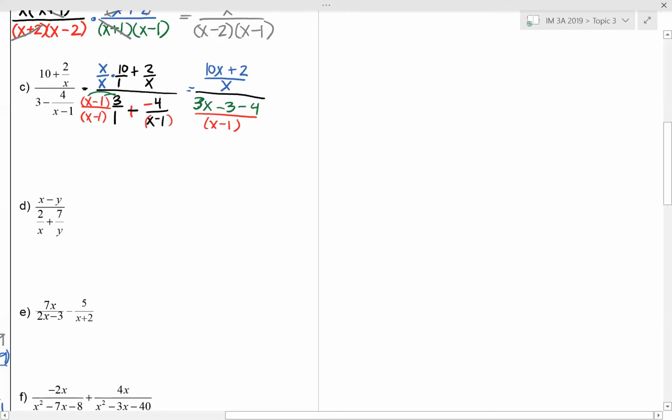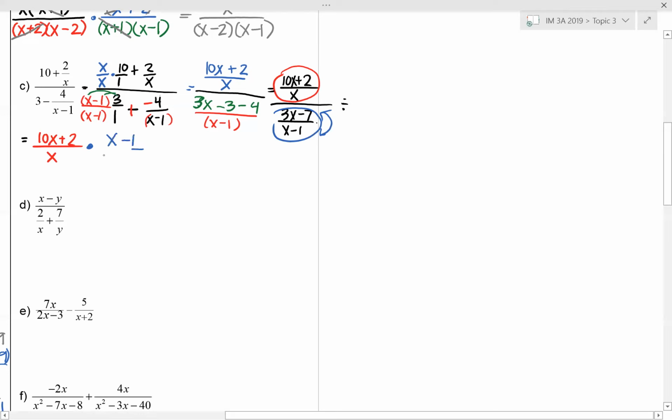So remember that when I'm dividing, and that over is really the same thing as division, I want to take this and take my numerator. So my numerator is 10x plus 2 over x. And instead of division, I want to change it to multiplication by writing the reciprocal of my denominator, meaning I want to write this as x minus 1 over 3x minus 7. So I would try to